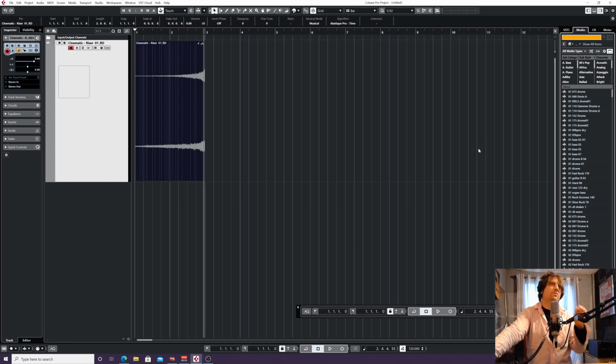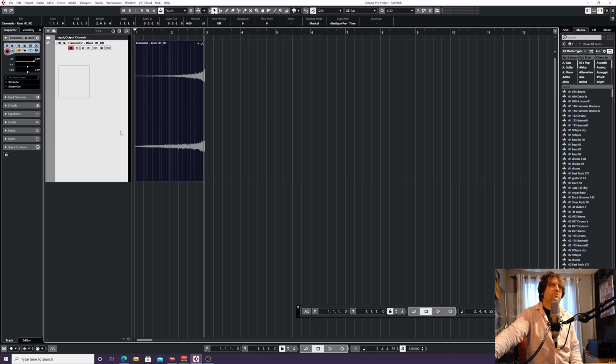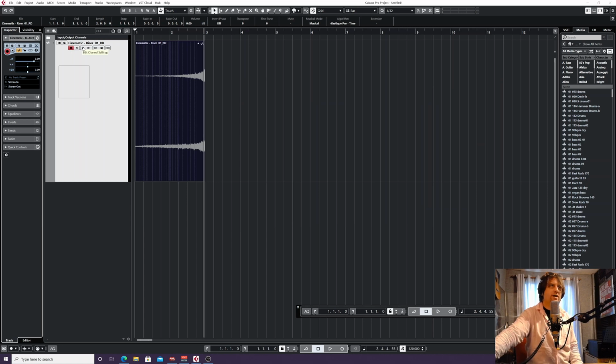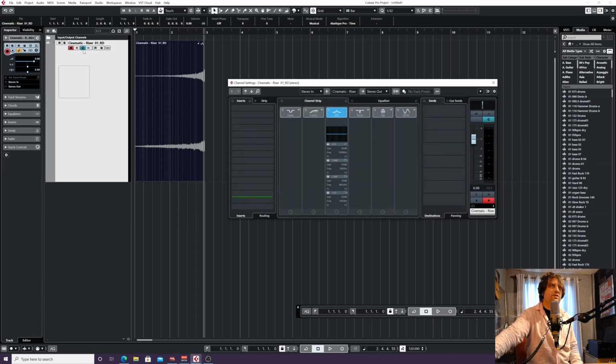But I think what we can do with this is now look at these effects. Now, to get effects up in Cubase, as long as you've got the track selected, you can click the E button there, or also on each track you've got the edit channel, the little E there, and this is your channel strip. And again, perhaps we'll look at this in more detail, but all I'm interested in today are these